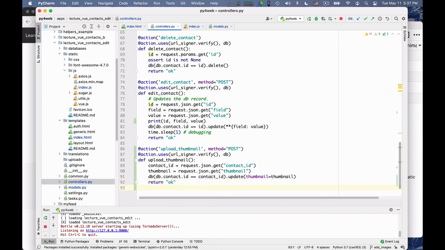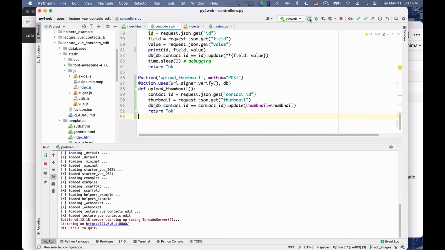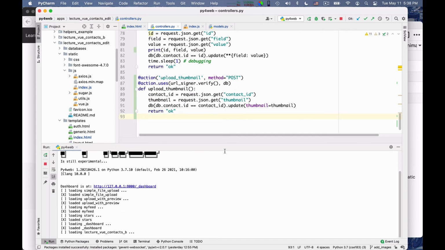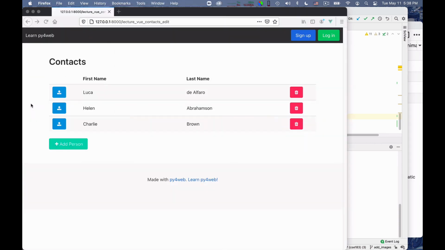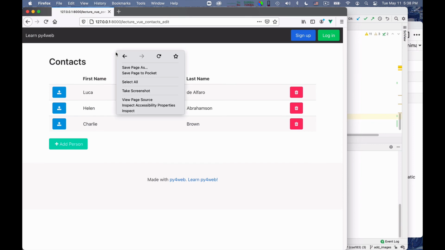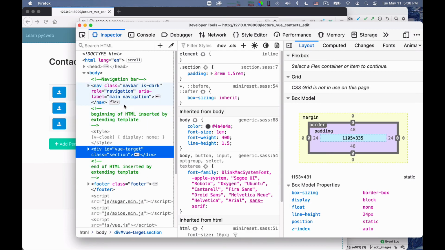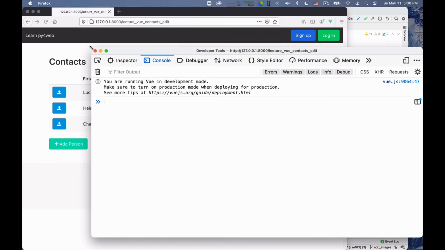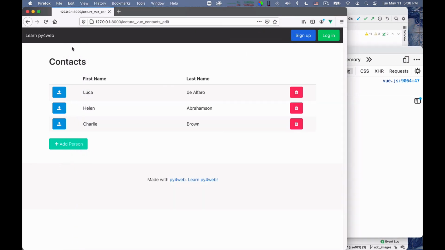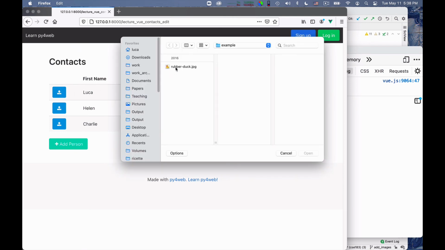Beautiful. So now we need to test this code, of course. So to test the code, I reload this. There shouldn't be any errors. I have made very small changes to the controllers. So now I should be able to go here. Well, maybe I should reload as well. And I should not forget my good habits. I should keep an eye on the console, just to check that there is no funny error happening. And at this point, I can upload an icon for myself, a rubber duck.